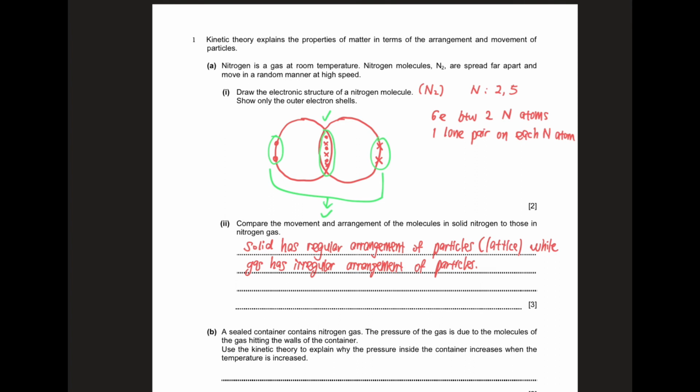So solid has particles that are close to each other, while gas has particles that are far apart. Okay, then second mark. Now the third mark, solid